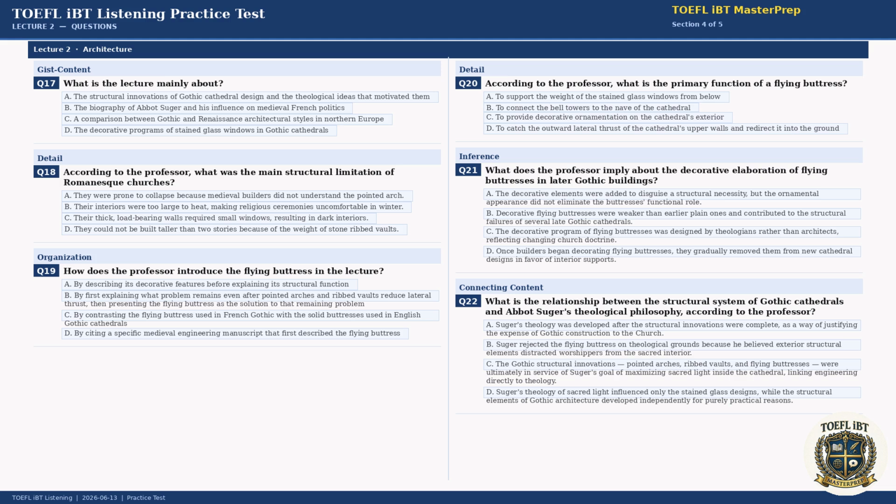Now, I want to say a word about stained glass, because it's central to understanding the theological intent behind this architectural system. Abbot Suger wrote extensively about his philosophy of sacred light, the idea, drawn from the theology of Pseudo-Dionysius the Areopagite, that divine light was a manifestation of God himself, and that filling a sacred space with colored, filtered light could elevate the soul toward the divine.